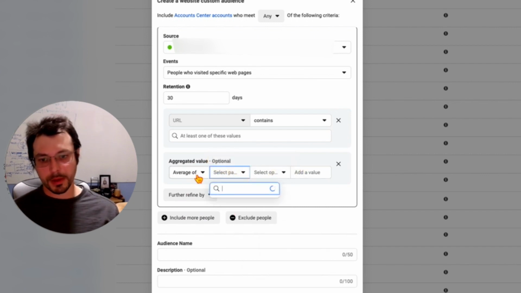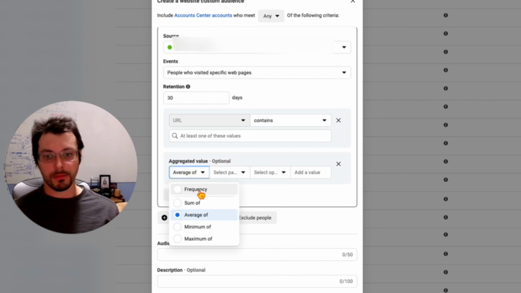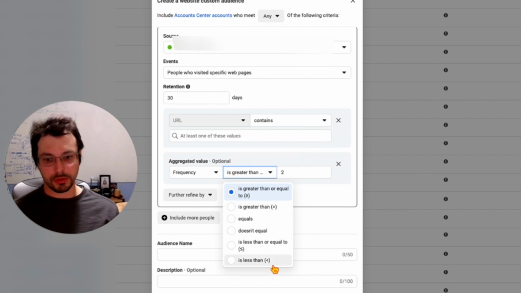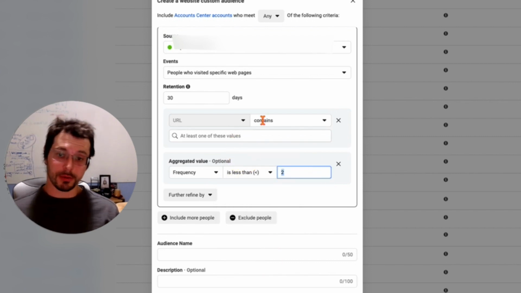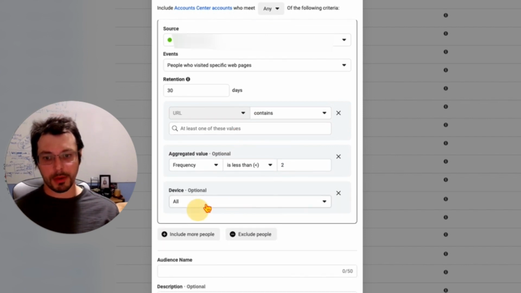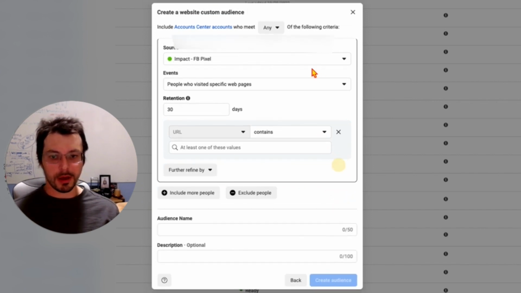So we could say ROAS, for example, or lifetime value if that's something we're tracking, or purchase value. Frequency is another one, greater than 2 or less than 2, right? So if we want to retarget users with a low frequency, we can do that here too. Again, with these refinements, we can also refine by device. So if there is a particular reason we want to refine by a particular device, we can select it all